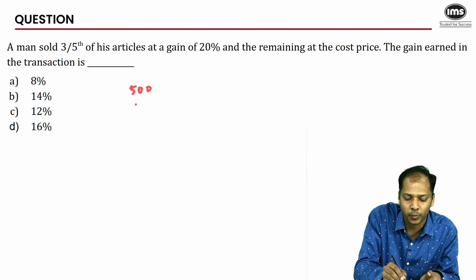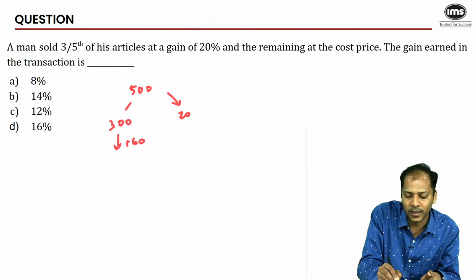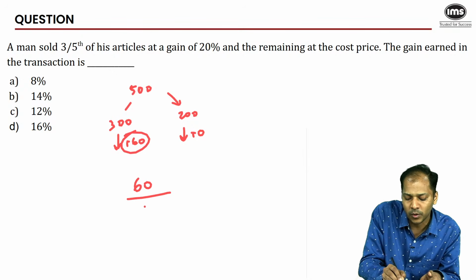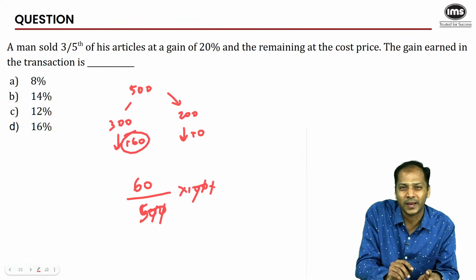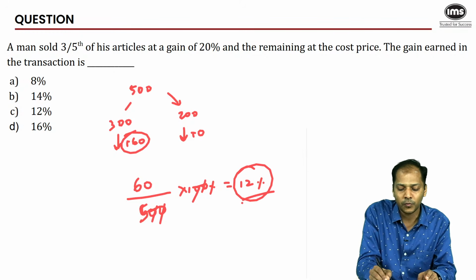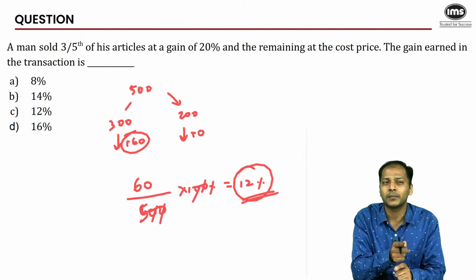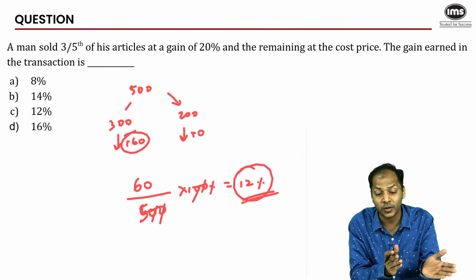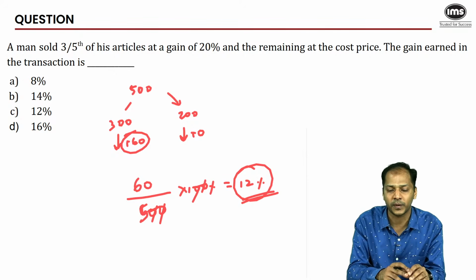Otherwise, the other method to do this is simply let there be 5 articles, or let there be articles worth 500 rupees. On 300 rupees, I made a profit of 60 rupees. And on the other 200 rupees of articles, I made a profit of 0. Therefore, I made a net profit of 60 on a base of 500. So that would also give you the answer quickly. This is also quick only. It's not as if that method was slower. It's just that if you are able to do that mentally, you'll just look at the numbers and figure out the answer. Here at least a little writing is needed, so that could have been avoided.